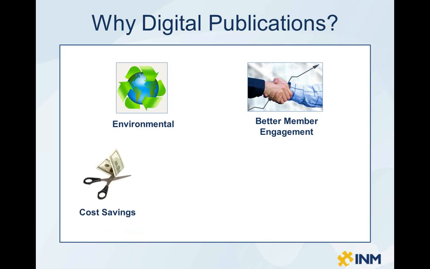The next big factor is cost savings. Printing a magazine normally has a margin of around 35%, whereas digital editions have a return of about 60 to 70%. The average cost of printing a magazine is around $1 an issue, including paper, print, postage, and so forth, whereas for a digital edition, depending on the platform you use in your process, you're looking at about 25 cents an issue. As well, it opens up new opportunities to leverage assets that you already own to develop new revenue channels. This may be selling individual access to back issues or even packaging content into a digital library.